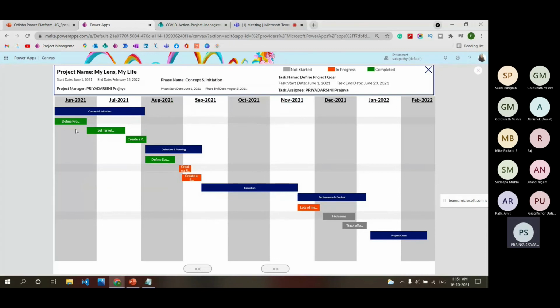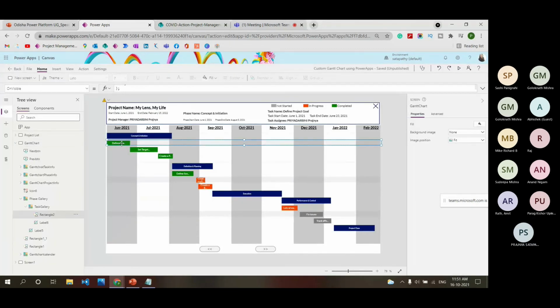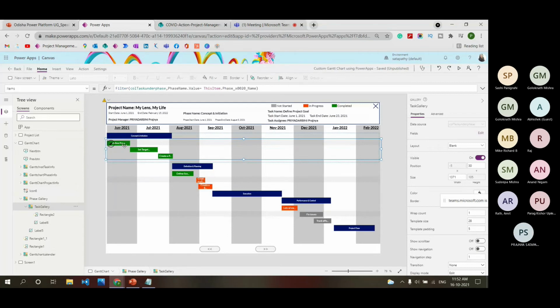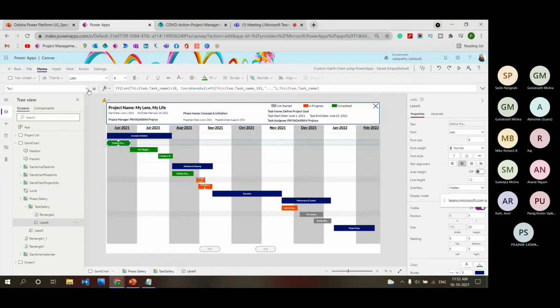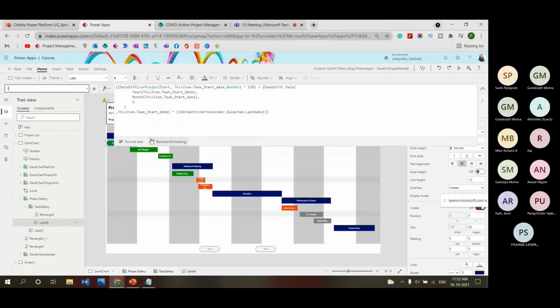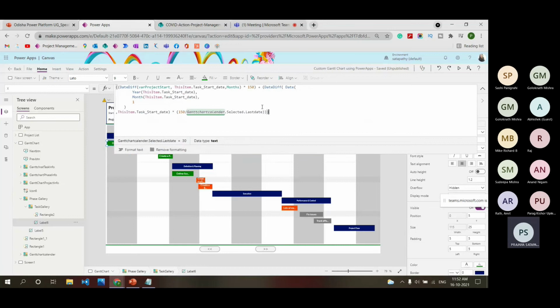And like that, we are also placing the task inside the task gallery. When I select this label, I am finding a similar formula for the task also: the date difference of this item's task start date and task end date.